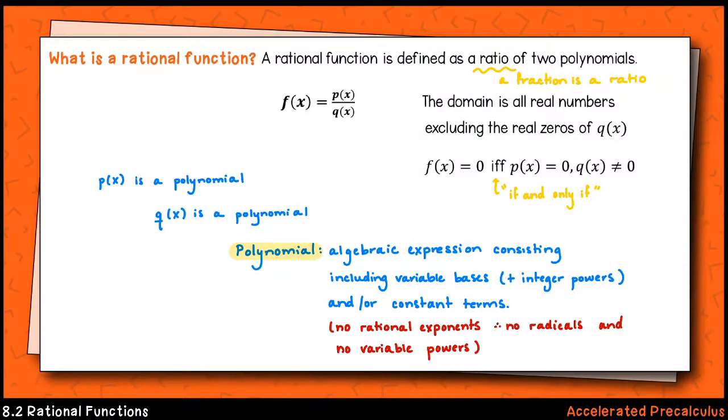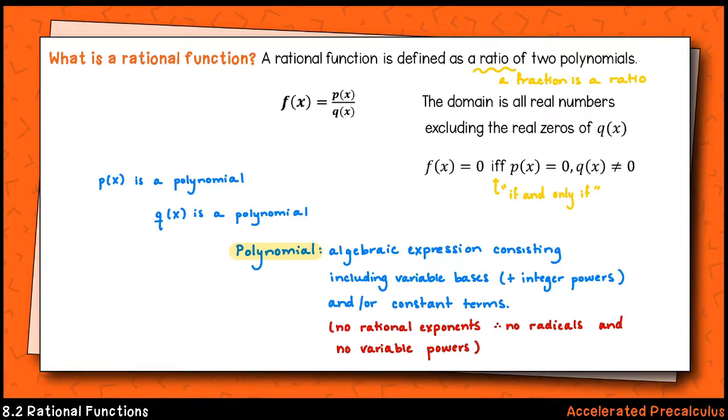In general, we're looking at a function which consists of a ratio of two polynomial functions. Remember that a ratio is another way of describing or defining a fraction. So, in the numerator, we have some polynomial, we'll call it p of x, and in the denominator, we have another polynomial function, we'll call it q of x. Now, this definition only holds up if the polynomials p of x and q of x are not the constant